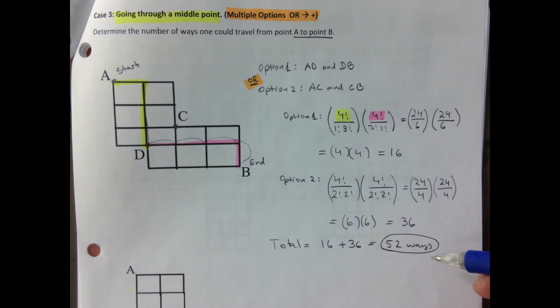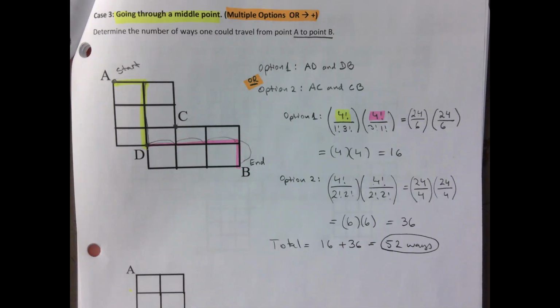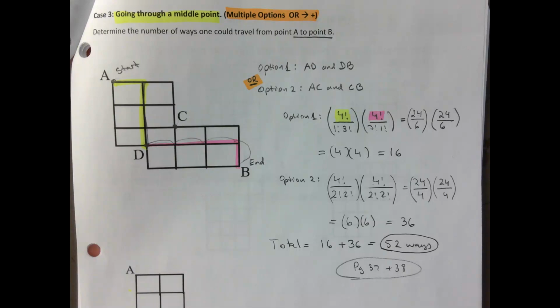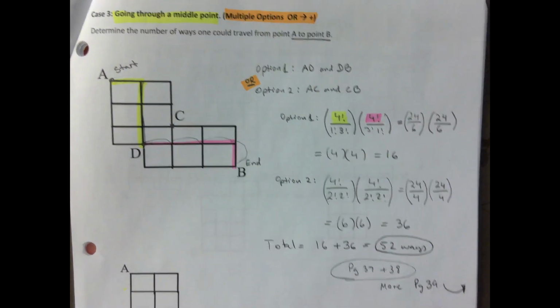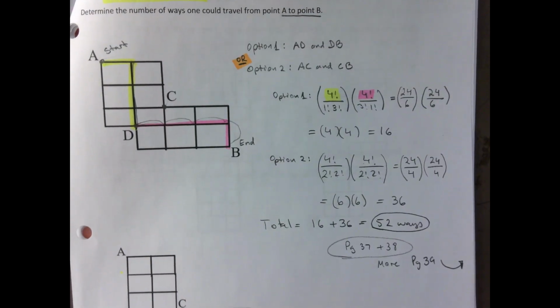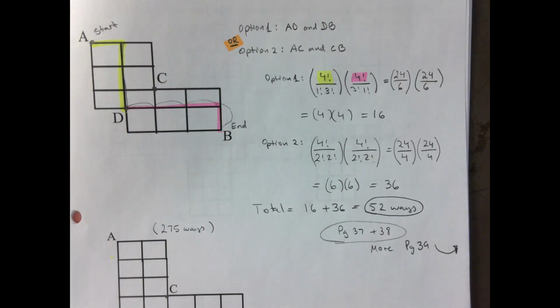So the formula is, in my opinion, preferred here because it gets messy if you just do it that way. So I want you to practice the one on page 37 and page 38 right now. So there's one of each. If you're done both of those, I believe I have one more, a page or two after this. Yeah, right next door. If you need more, page 39 is there. And I can look for the key and post these, page 39 in particular. And then the answer to the one on 37